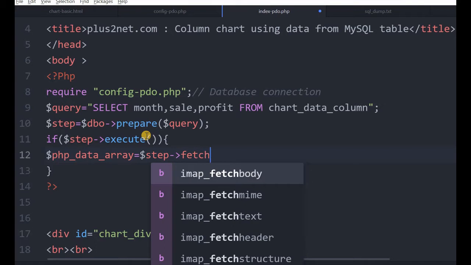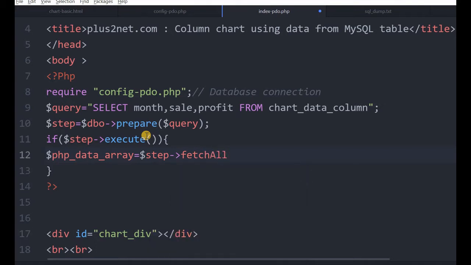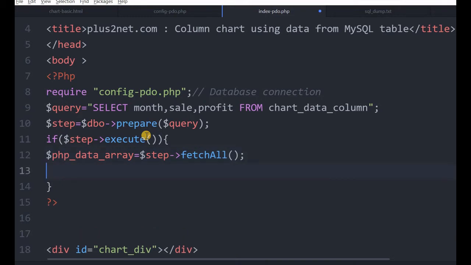What happened at this stage is all the matching records are retrieved from the database and stored in the PHP data array variable. This is a PHP variable, it's not JavaScript. This PHP data array will be converted to a JavaScript variable. Now from PHP, or the backend, we are throwing the data to a front end array. Now how will we create it? This is the key of it.